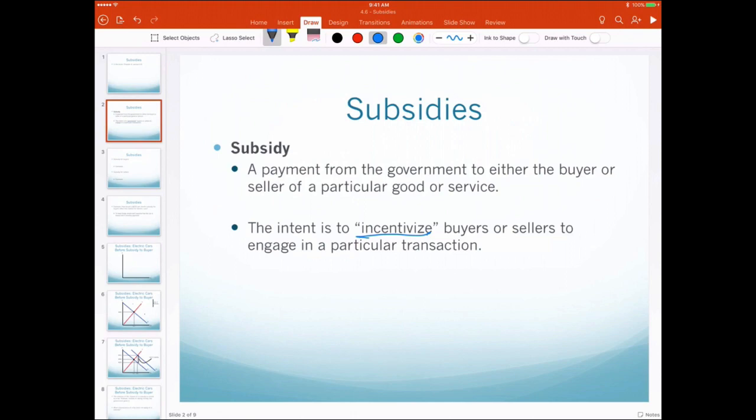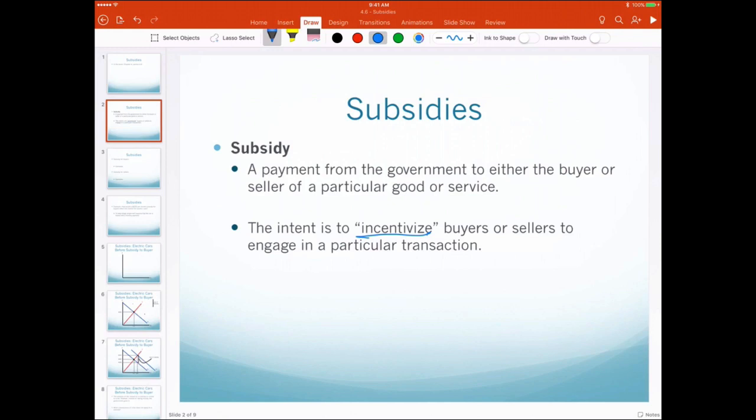A lot of states now give subsidies for the installation of solar panels. That is, you are giving the buyer of solar panels money if they buy solar panels. Same thing with a lot of states with electric vehicles. Florida doesn't really do it, but Georgia does. If you buy an electric vehicle in Georgia, they give you a bunch of money. They're also used a lot in agricultural markets, so farmers get a lot of subsidies.